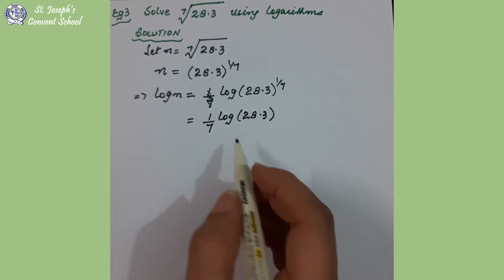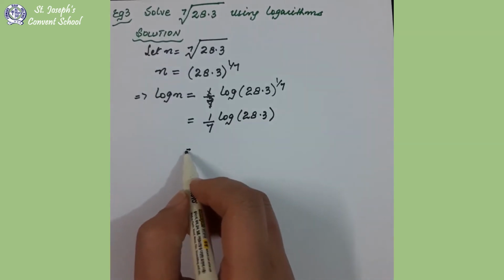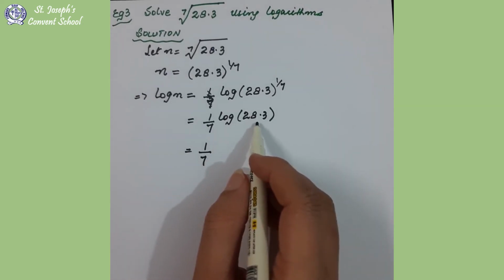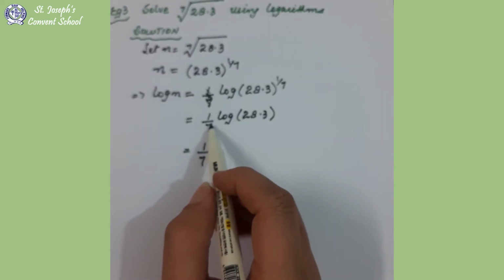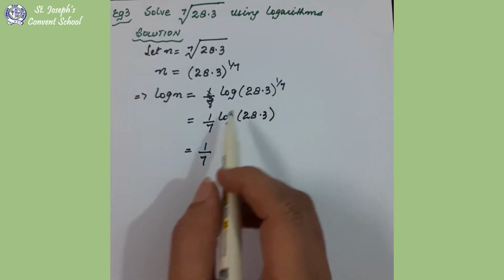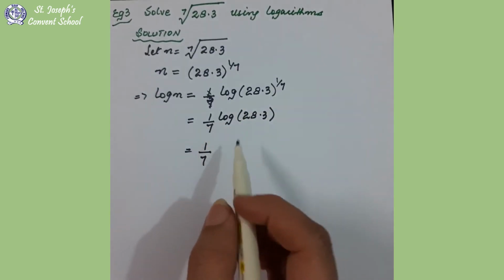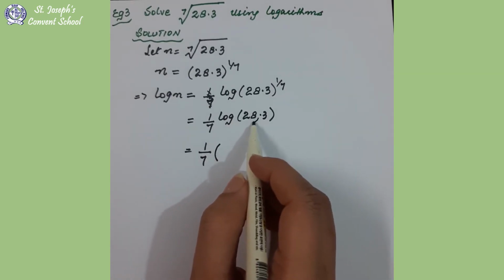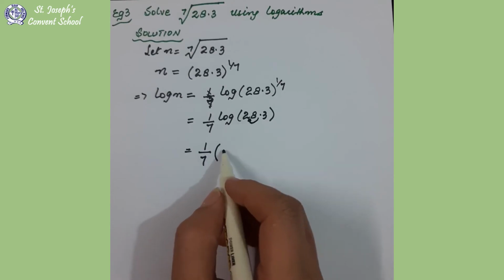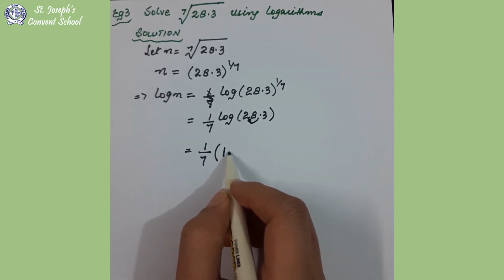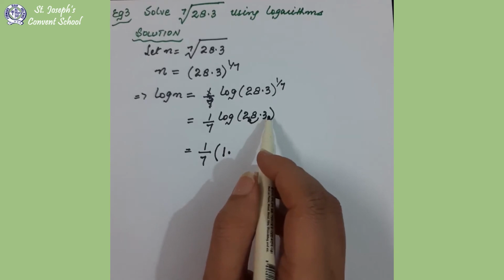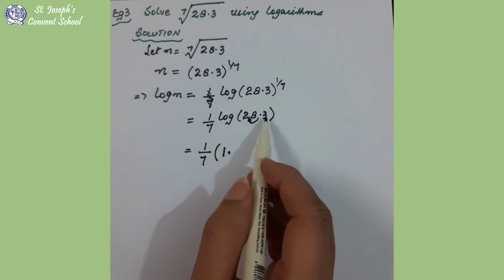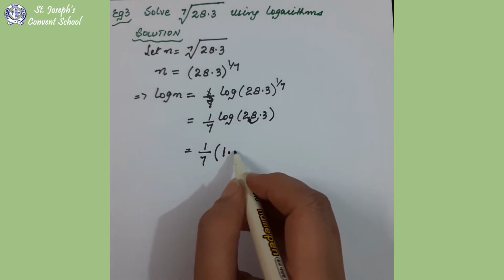Now we will solve this part. 1 upon 7 will remain as it is. Find the log of this number. Second step: the first step is we have applied the law here. According to the law, power will come before log. Now the second step is to find the log of this number. You can directly find it. The decimal will shift here after the first digit, so the characteristic is 1 and point. Check 28 in column 3. In the log table we are finding the log, so the 28 column 3 value will come